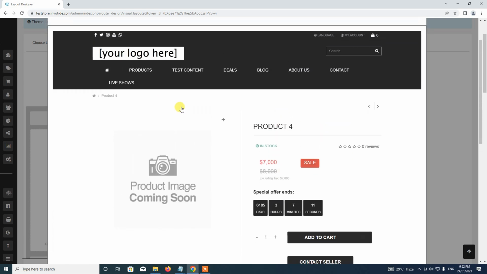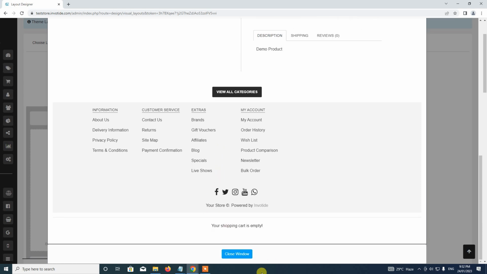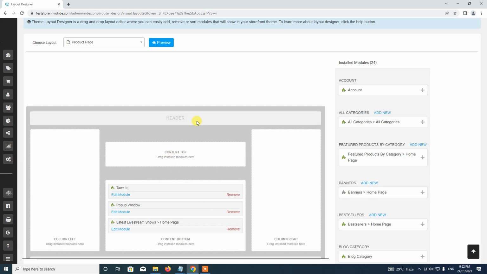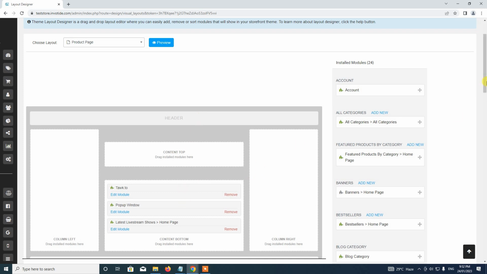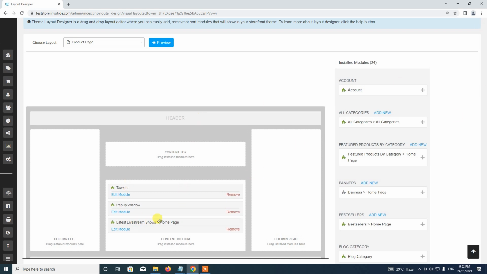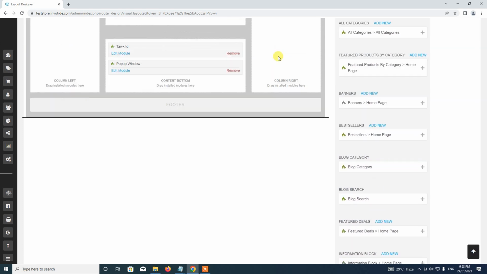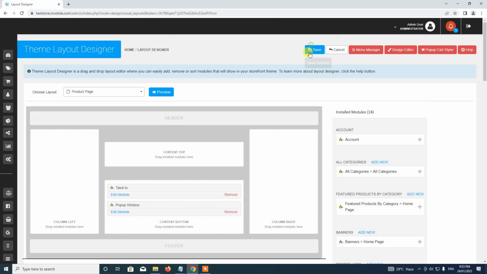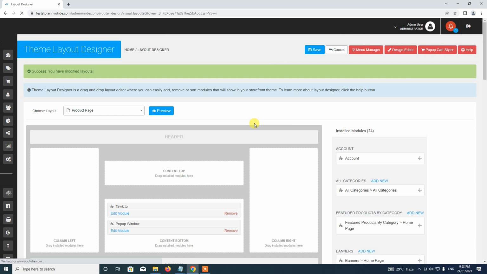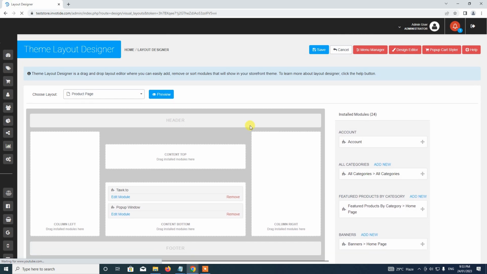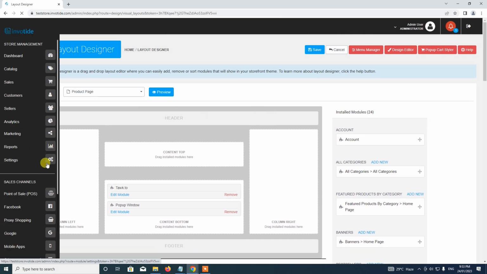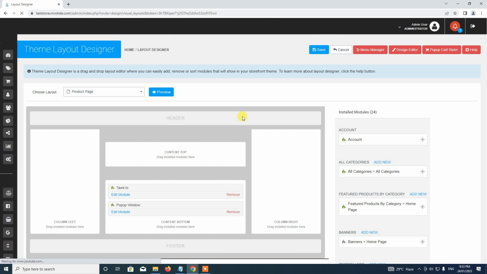So this is how you set the layout designer and how you add the latest live stream shows to the layout design. So let's go ahead and remove it and then save. All right, so now that we have set up the latest live stream shopping shows module, let's go back and set up the live stream